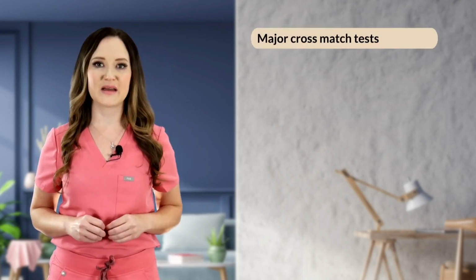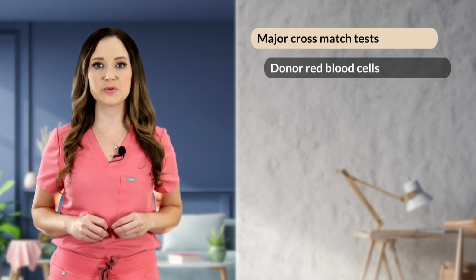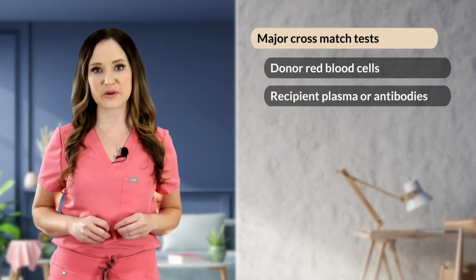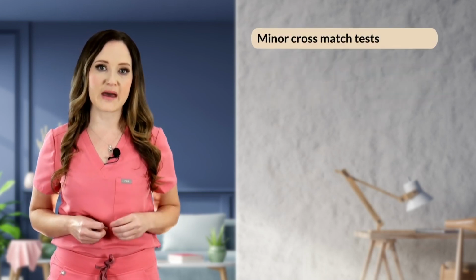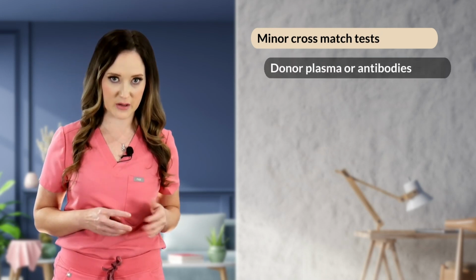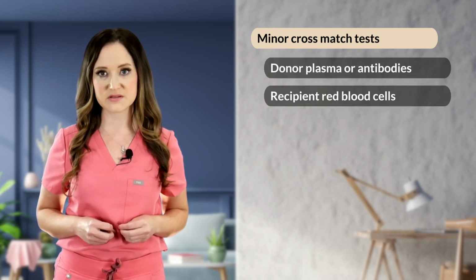Once your patient is typed, you then need to cross-match the blood to determine patient and donor compatibility. This includes major and minor cross-match testing. Major cross-match tests compatibility between the donor red blood cells and recipient plasma or recipient antibodies, while the minor cross-match tests the compatibility between the donor plasma or antibodies and the recipient red blood cells. A positive test shows visible hemolysis and/or agglutination consistent with incompatibility, while a negative test is void of these